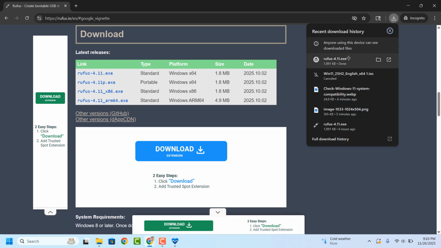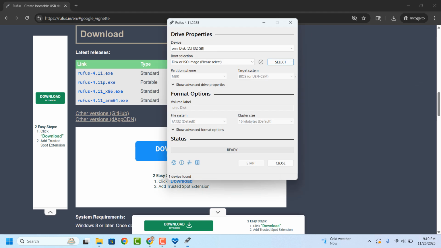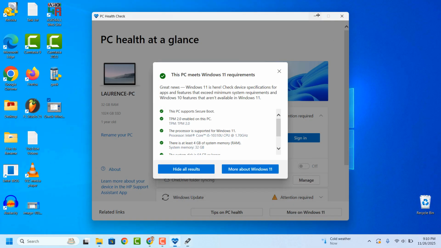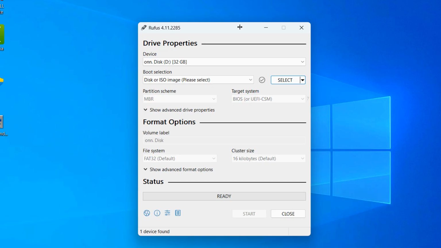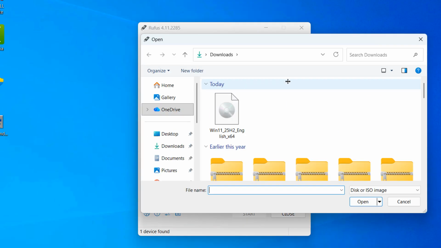You'll most likely be prompted if you want to check online for updates. Now for this part of the video, you'll need a USB thumb drive which is at least 16 GB in size. Now, plug the USB drive into your computer. Once you've completed this, click on the Device drop-down menu option in Rufus and select your USB thumb drive. Now, next to the Boot Selection section, click on the Choose button and select the Windows 11 ISO image that